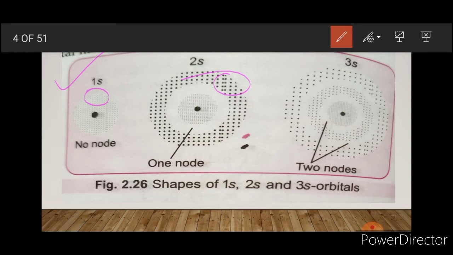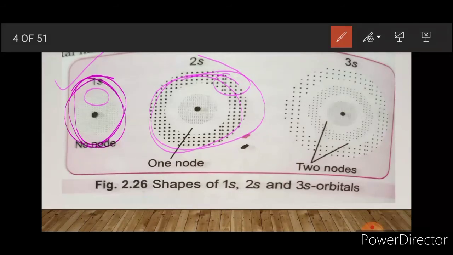So what can we now explain about the s orbitals? Number one, in case of s orbitals, the probability of finding the electron at a given distance, that is r, from the nucleus is found to be identical in all directions. You can see that in all directions the possibility of electron is found. This shows that s orbital is spherical, which is symmetrical around the nucleus. What I am explaining is that the shape of s orbital is spherical and symmetrical.